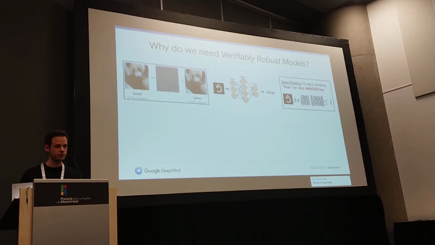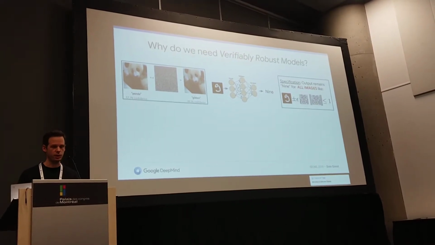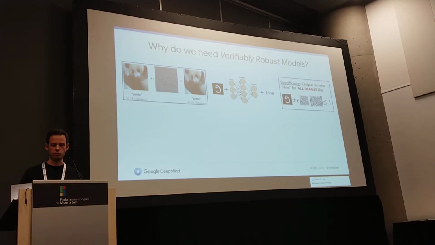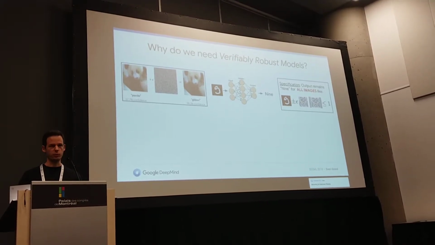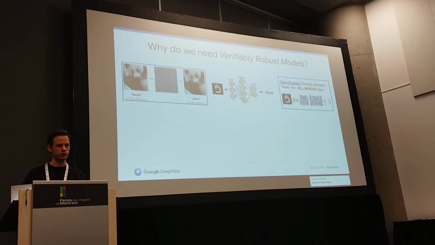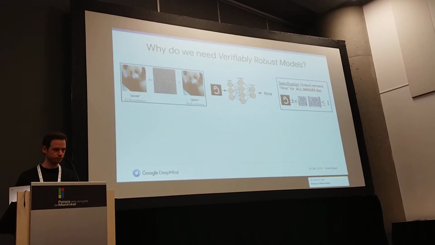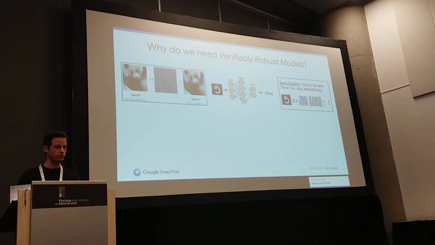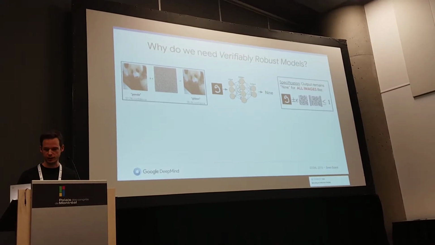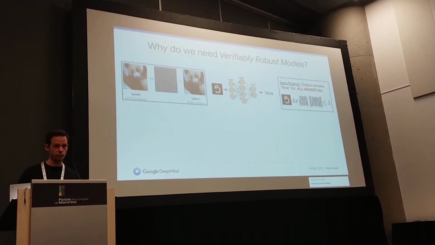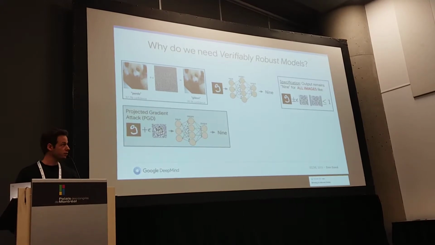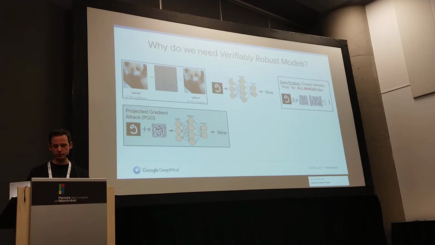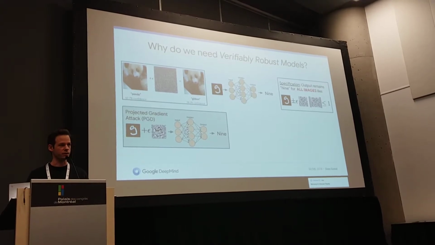And now we want to have a specification on that particular example. And the specification is that the output of our network should remain a 9 for all possible perturbations around that nominal image. And so if we have access to the internal weights of our model, we can actually use projected gradient descent to build an attack and try to find a counterexample to that specification. So here, with 10 random restarts, we're not able to find an adversarial perturbation that will actually misclassify the 9